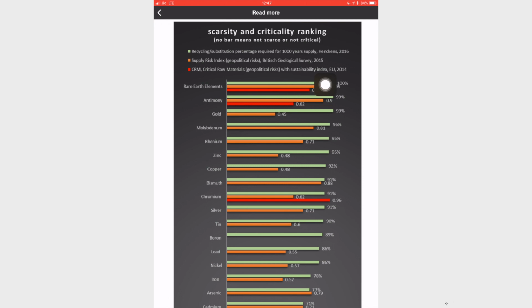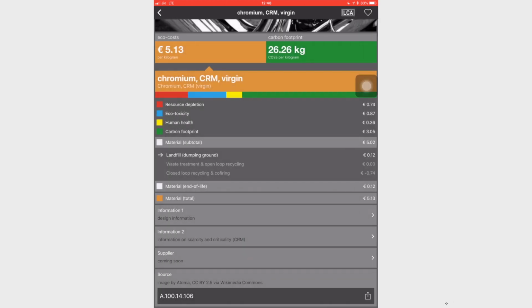So, there are certain metals which have this CRM related risk. Because of the geopolitical risks involved, it might be better to consider how you are going to use those metals.